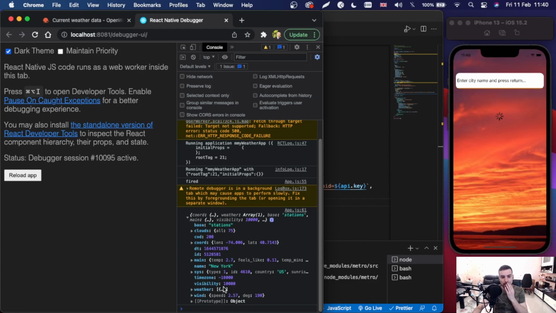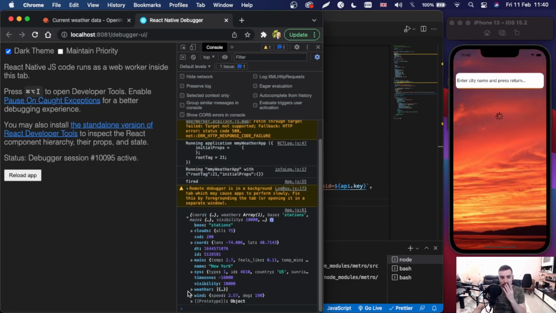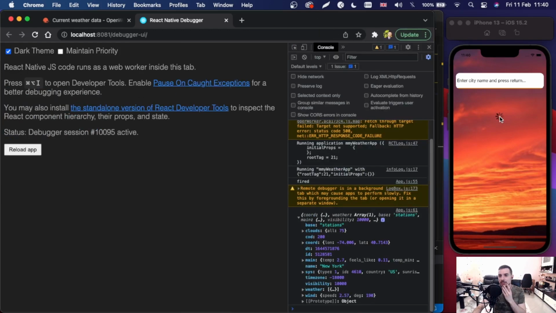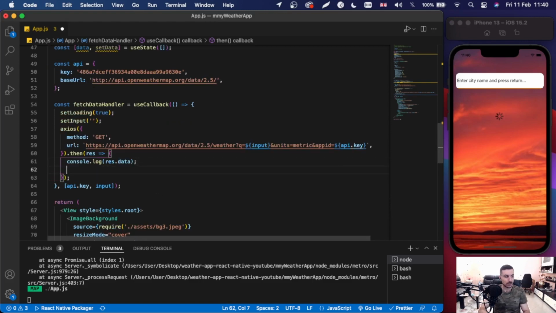All right, and we see that we have main, the temperature, the coords, clouds. We see all that information, but we will use some of this, not all of it. We also see that the indicator is loading, and we need to stop this from loading. So after we are getting the data, we can say set data to be